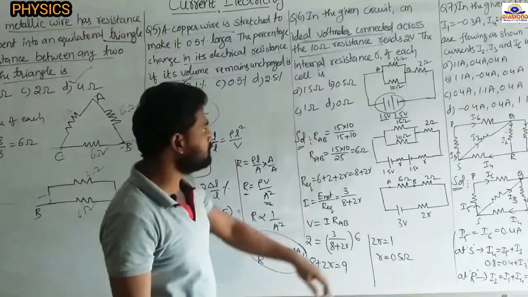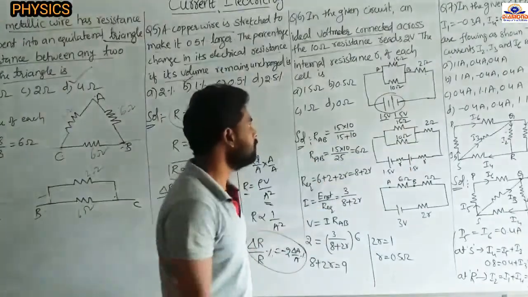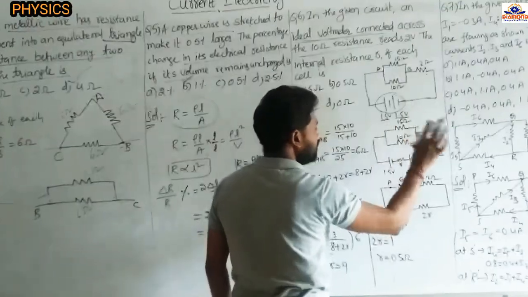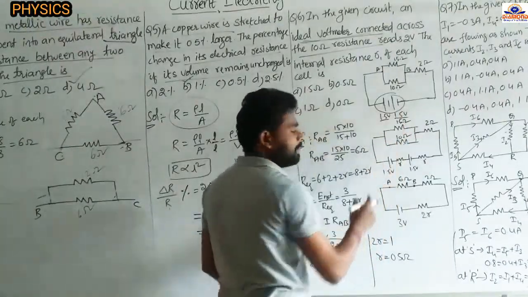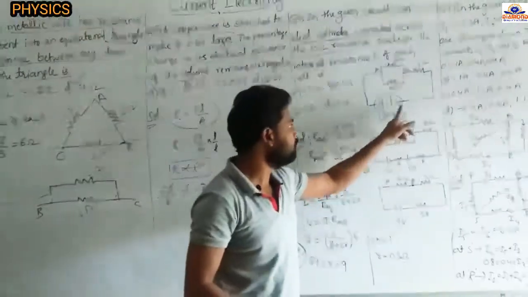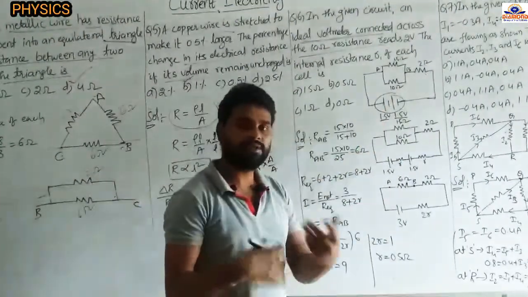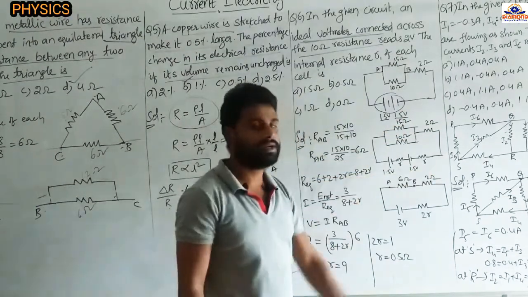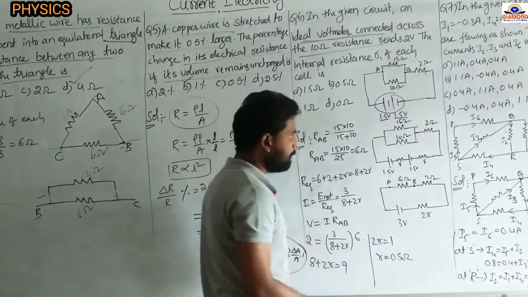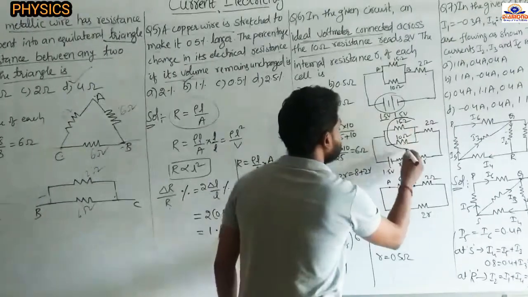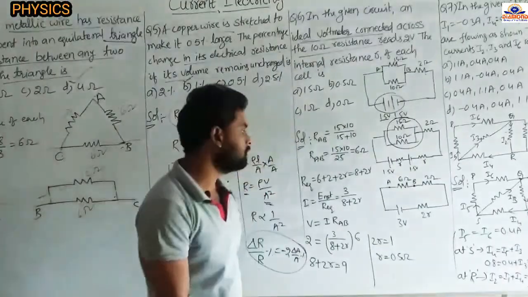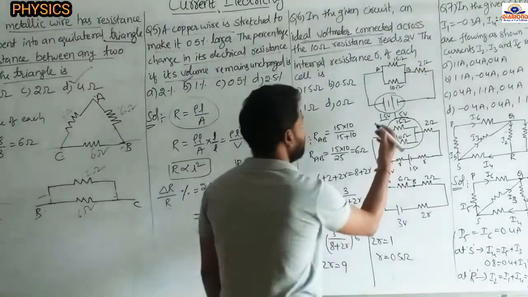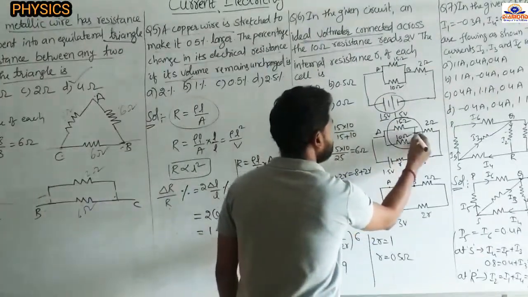So I am redrawing this diagram. See now, this is the 15 ohm, 10 ohm, and this is the 2 ohm. Same thing I am writing. Here I am writing these cells separately: 1.5 volt, 1.5 volt, each offering an internal resistance of R, and this is also the same voltage, also offering internal resistance R. Now I am redrawing. See now, these two resistors, 15 ohm and 10 ohm, are in parallel combination. Suppose here I give the point A and this is point B.